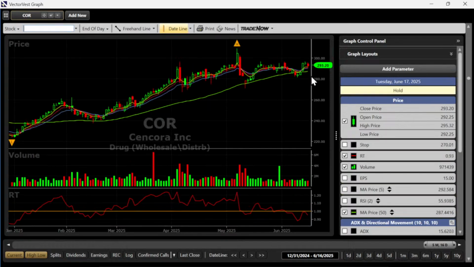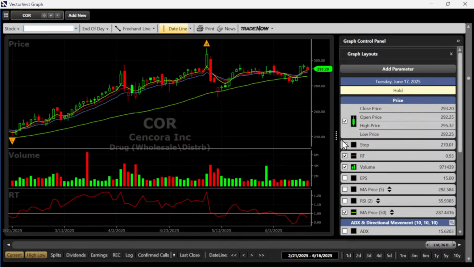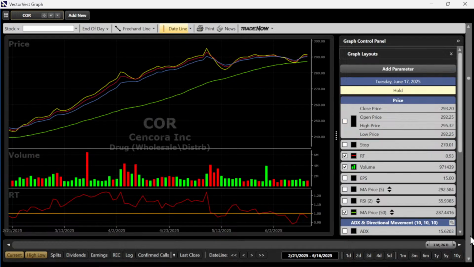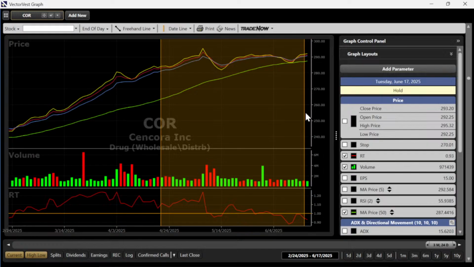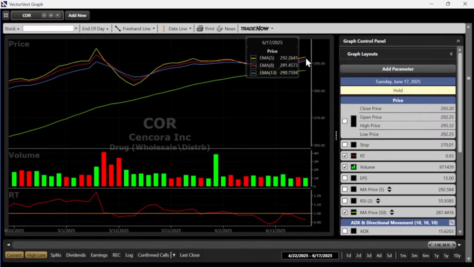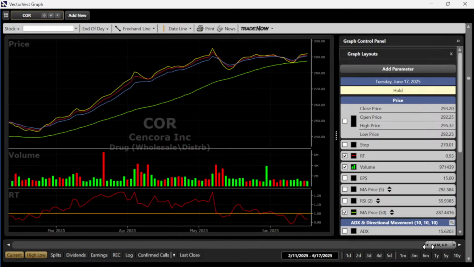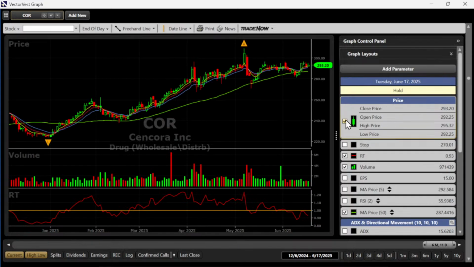Hard right edge is the 16th. I would say no, this is not really a setup just yet. I'm not seeing the release and the separation of the three EMAs just yet. Now this is the hard right edge. I need to see a little bit more upward momentum, right? We're kind of stalled there a little bit. So I would probably just use in this case the high there, 296.95.